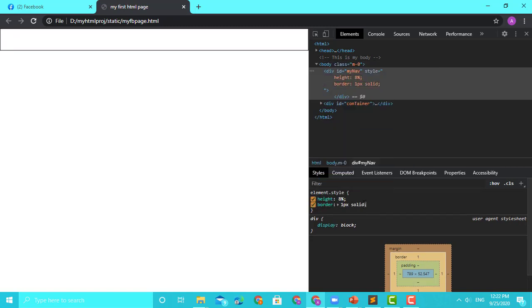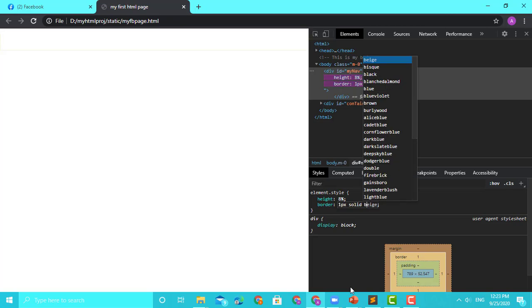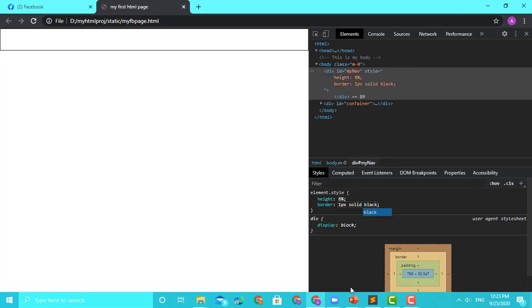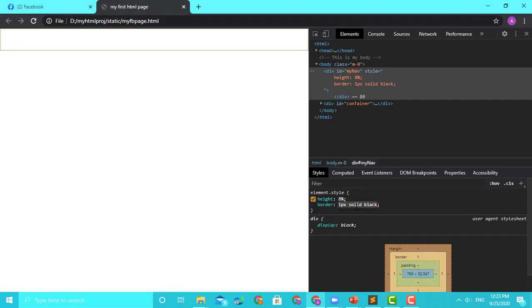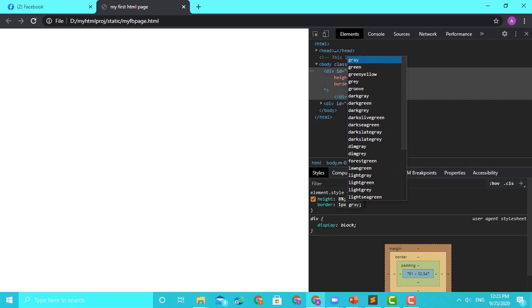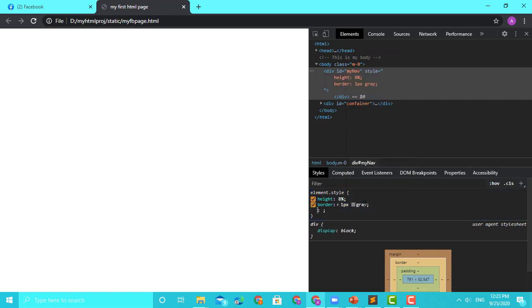Or you can try it out yourself. When you do it, try giving the shadow. Solid. I want black. I will say BLACK. Okay. Now done. Now I get a border and a box. Correct. So now if you want, instead of solid, you want to use something, maybe you can try using it. Okay. Let's say what else is available. We can check. See, the good thing about doing here is I can put, so this is the color. Okay. I'd say gray. Okay. Now 1 pixel gray.